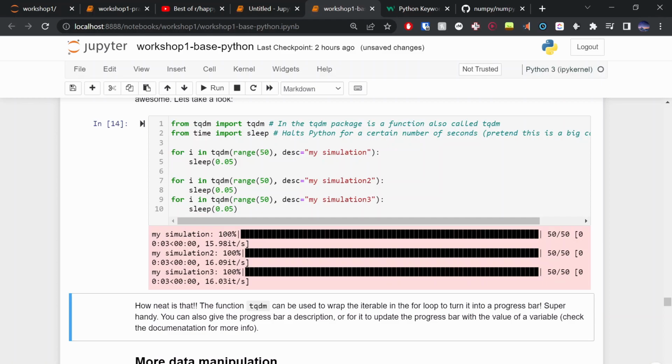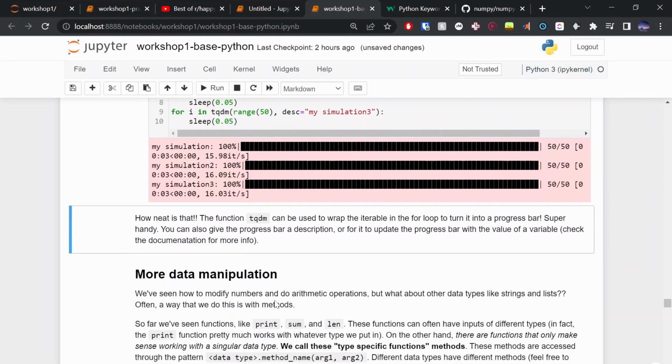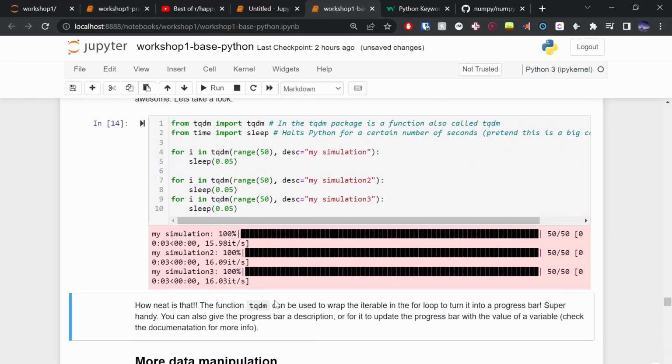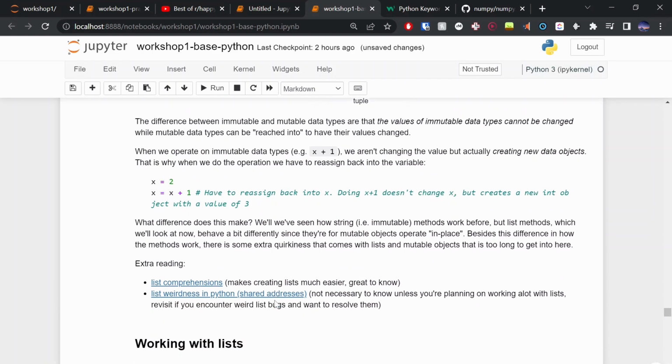This is a tool I only found out at the beginning of this year, and I've been learning Python for 3 years. The only reason I found this was because I was doing an internship, and it was just there, and I was like, what the hell? How the hell do you get a progress bar? So that's pretty handy, small tool. Anyway, I'll let you go through this on your own time between this week and next.